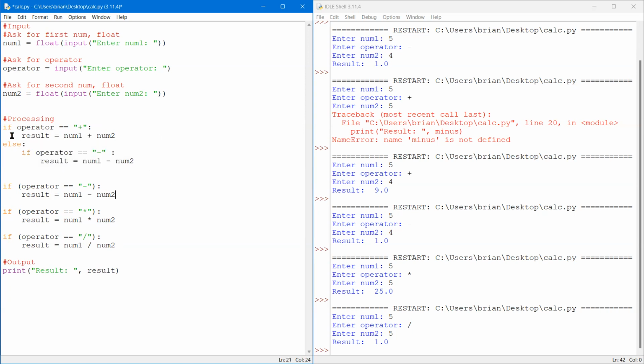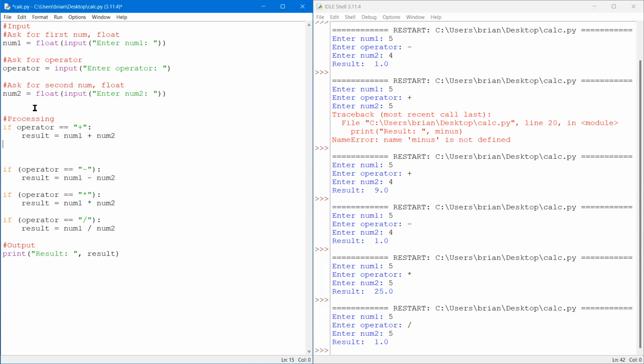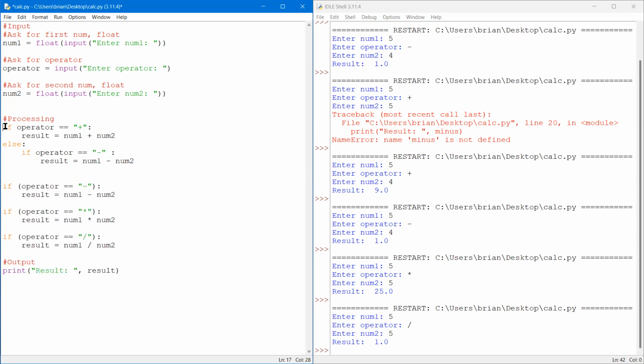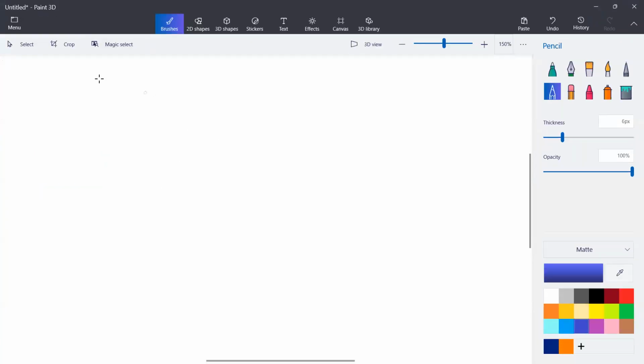In our previous build, without this one, I'll just go and delete it. Without that, what this does is, again, it checks every single one, no matter what. So like I said, the else is sort of like a funnel, where if you do this, it'll check this, and if it's not true, it'll funnel down to this, and if it's not true, it'll funnel down to the next one, and so on. But as soon as something is true, it'll get kicked out, and it won't go to the next one. And I can demonstrate that with a quick diagram